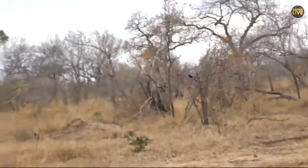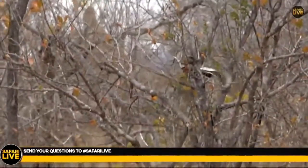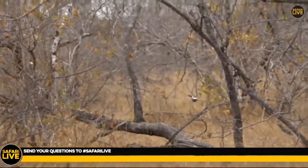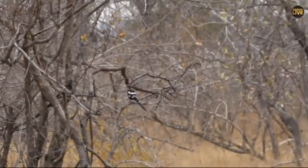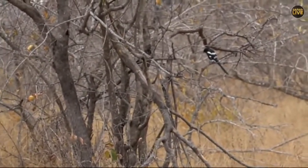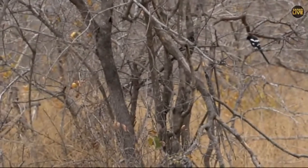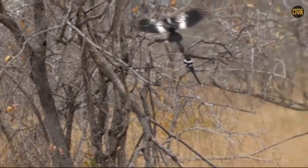And I also want to remind you to please send your questions and your comments to the hashtag Safari Live on Twitter and on the YouTube live chat as we're watching these magpie shrikes having a little tiff with a yellow-billed hornbill. I'm not sure what it is that they are having a bit of argy-bargy about, but nonetheless, it's